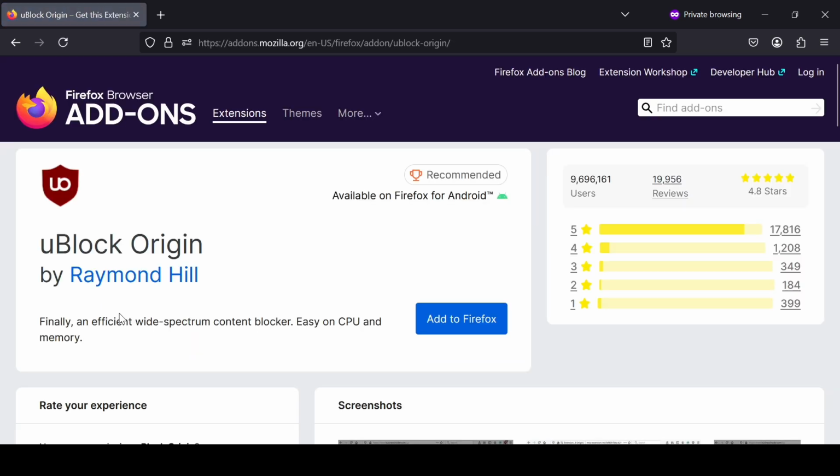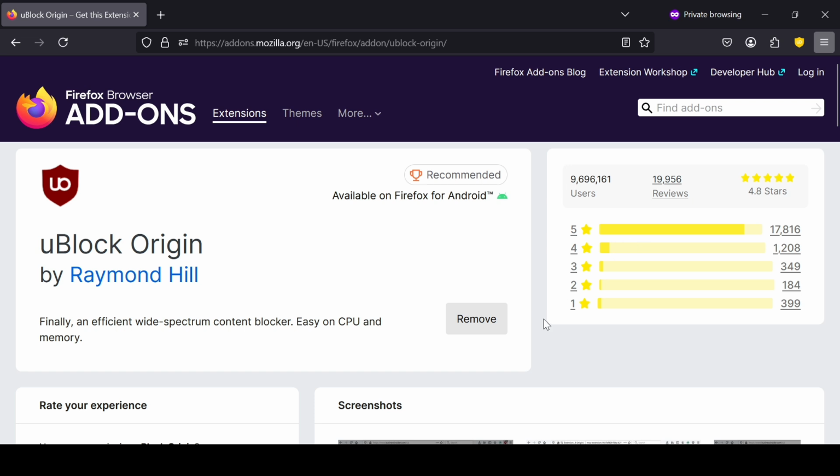Make sure you get the right logo. Don't download anyone similar to this or anyone that looks like it. Just look at the logo. So add to your Firefox. You say add here, run in private window, then add. Okay, we have added this one.